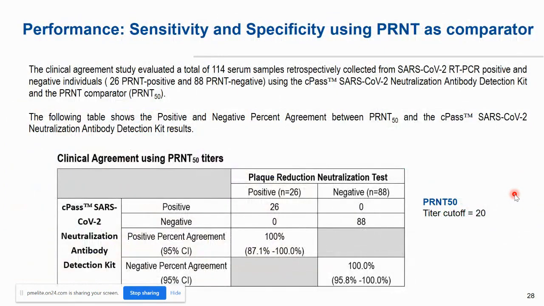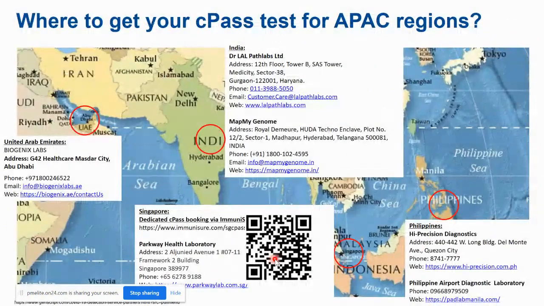The data that we have submitted to the various authorities are actually beautiful. We have compared positive and negative samples and found the agreement to be 100% for negative and also 100% for positive samples. No matter where you are, I recommend, if you have your phone here, you can scan this QR code